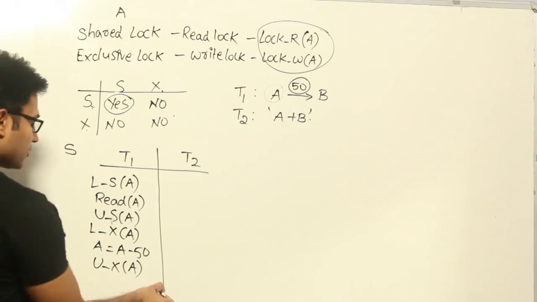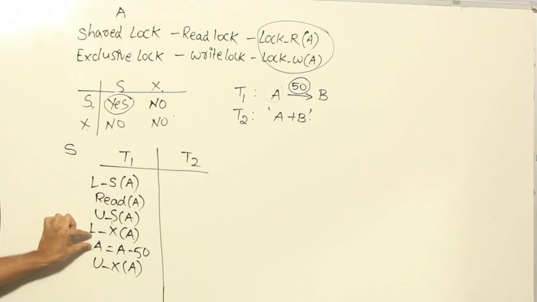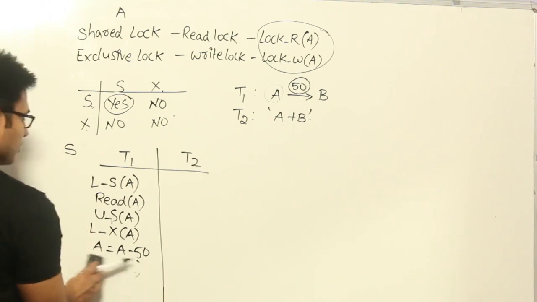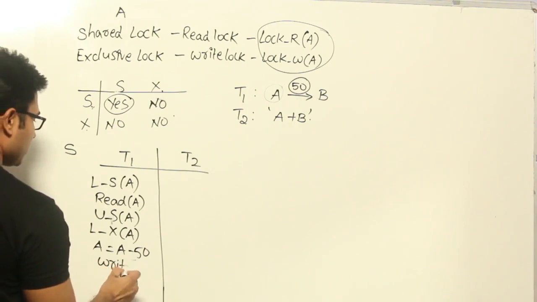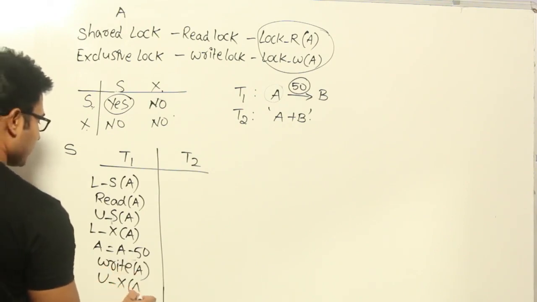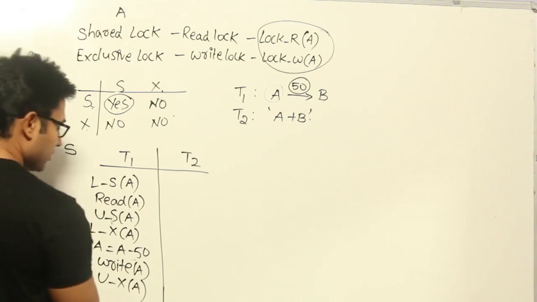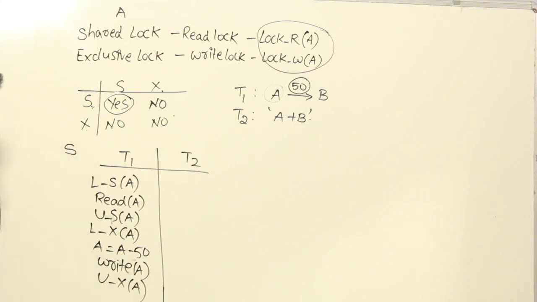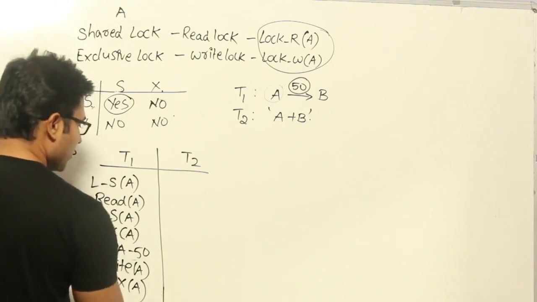So now I unlocked A. So what did I do? I read the value of A and I decremented the value of A, and maybe I have written the value of A, right? Let me write it. Write the value of A and then unlock it. Okay, so till this part I didn't do anything, I just decremented the value of A by 50, right? And now let us assume that by locking and unlocking, T2 has at this point started this operation A plus